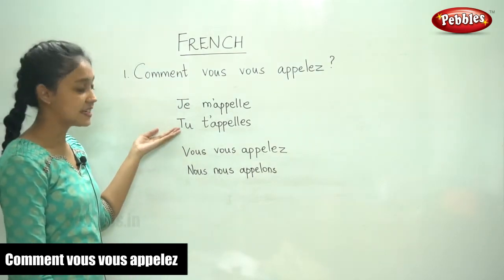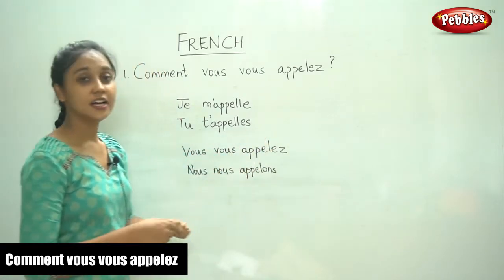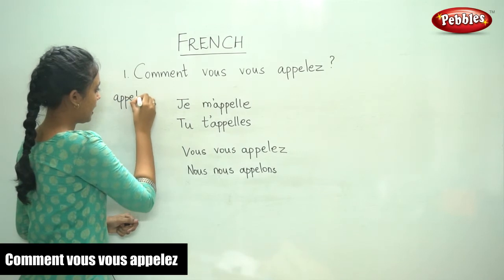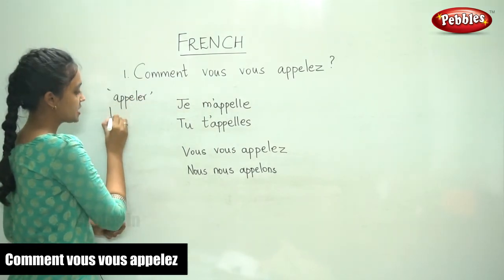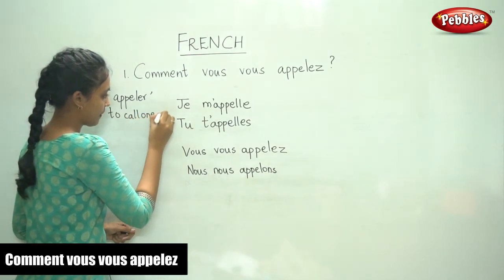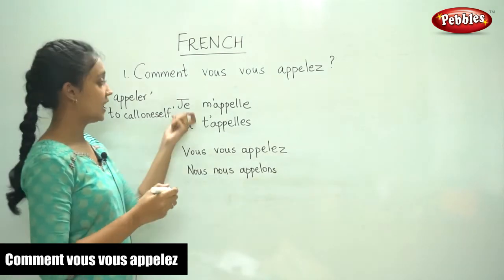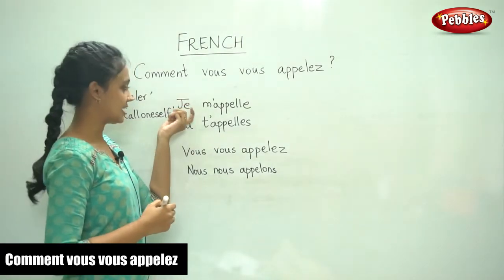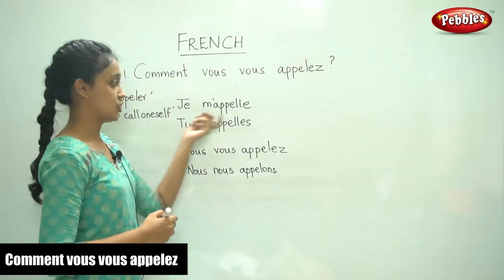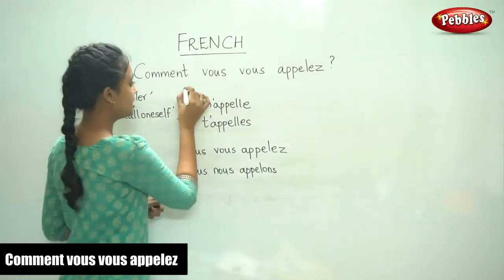Now, these are the cases in which we would use appelez. That is, the infinitive of this is appeler, which means to call oneself. So when you use it in the first person singular, that is je. When you want to say my name is, je m'appelle. Je m'appelle. This is actually I call